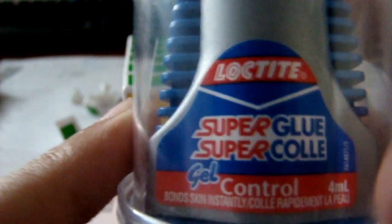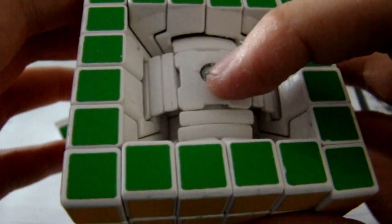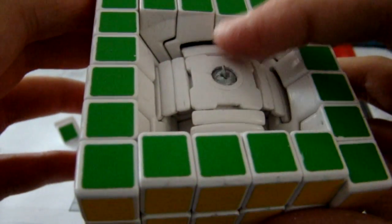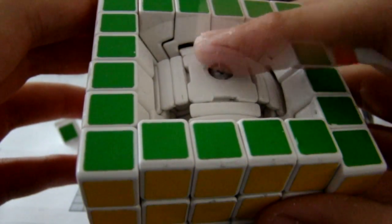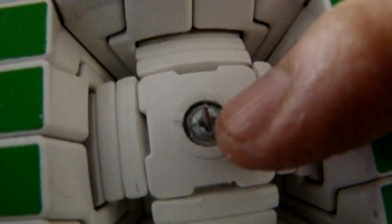Now this is the super glue I use. I use Loctite super glue gel control. Yeah, so I really like that super glue. I put a pretty big, medium blob in there, stuck the pin in there, waited maybe half a day, 12 hours, put another pretty small blob of super glue in there, and then I put some super glue